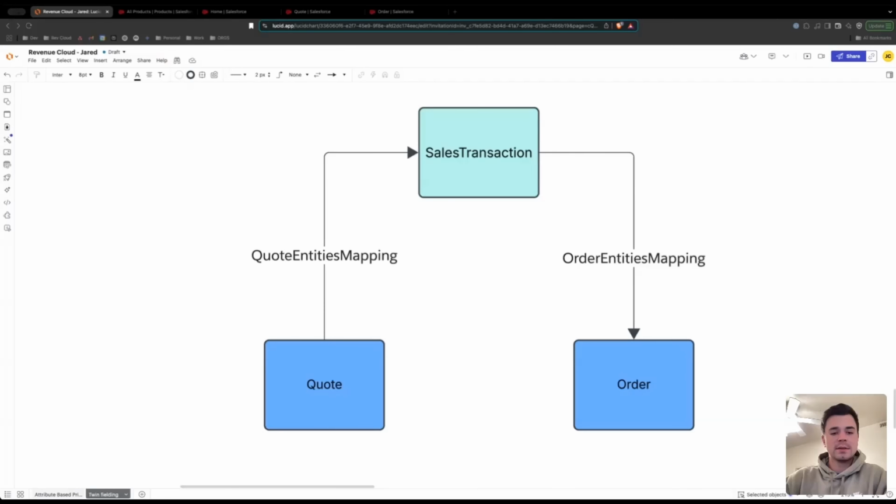Today we're going to be talking about how we can map within Revenue Cloud from the quote to the order. In order to do this, we're going to be mapping through the sales transaction context definition. We're going to map through the quote entities mapping to the sales transaction, and then from there through the order entities mapping to the order. And so that's how we'll map a field's value from the quote all the way to the order within Revenue